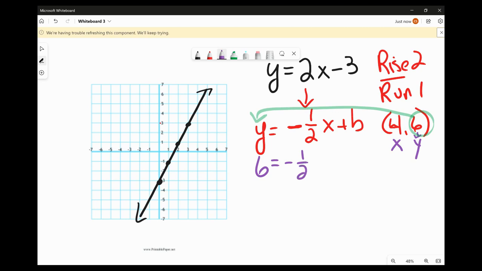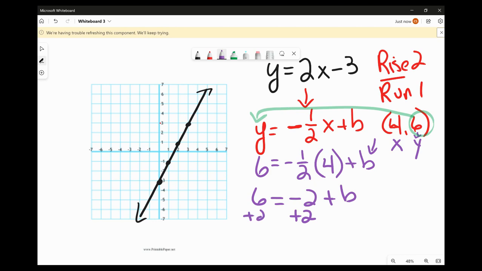So I have negative 1/2, and then instead of x, I'm putting a 4 there, and we're going to solve for b. So I'm just going to do the math. Negative 1/2 times 4, half of 4 is 2, so it's going to be negative 2 plus b equals 6. And then to solve for b, I have to get the b alone, so I'm going to add 2 to both sides. Interestingly, I'm getting positive 8 on this one. So it would be positive 8. That's my y-intercept. And then the slope is negative 1/2, which means I go down 1 over 2, down 1 over 2, down 1 over 2. And you'll notice when I draw that line,